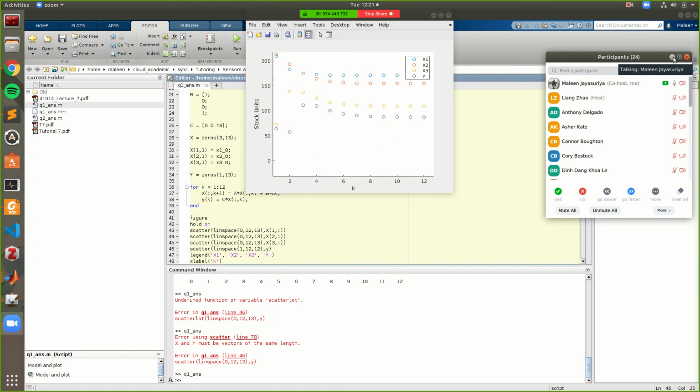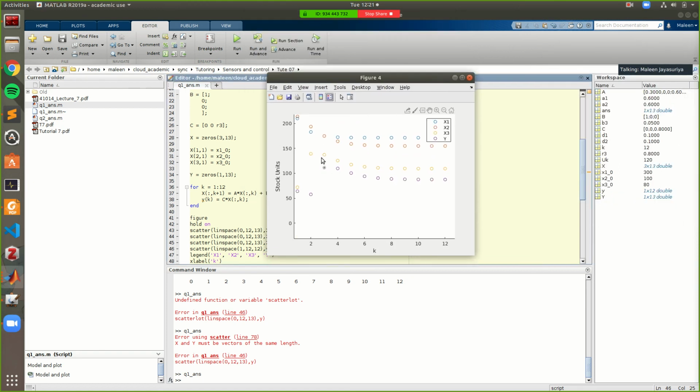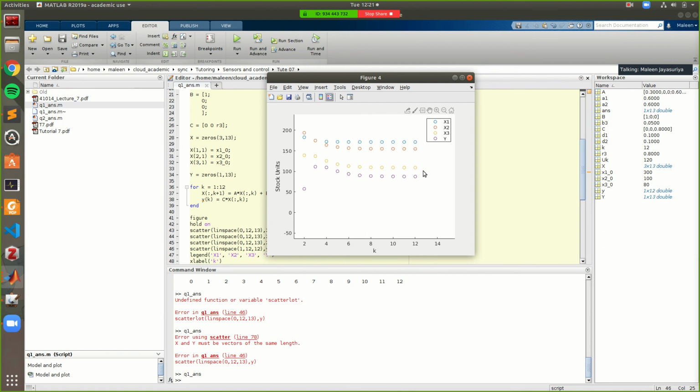Alright, cool. So if you look at the states, you can see what's happening to the states over time, right? Our output is purple, so you can see that this is the purple line, and that's the output, and this is how the states are going to change over a 12-month period, according to the model that has been provided to us, right?